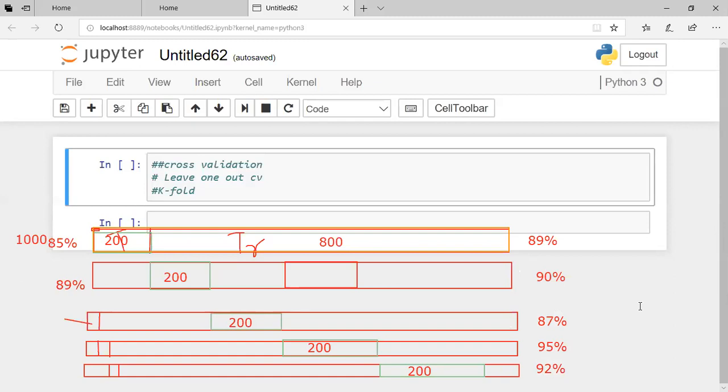So in this case, when you have to present your model, how will you present your model? You will present your model either by calculating the mean accuracy, the mean of all these values, because you trained your model 5 different times and each time you are getting a different accuracy. So you can consider the mean. You can calculate the standard deviation of this accuracy, or you can just say that my model has minimum accuracy, which is 87%, and maximum accuracy